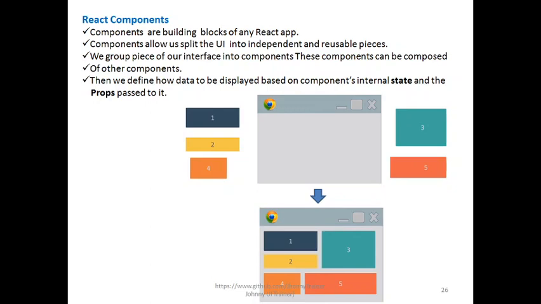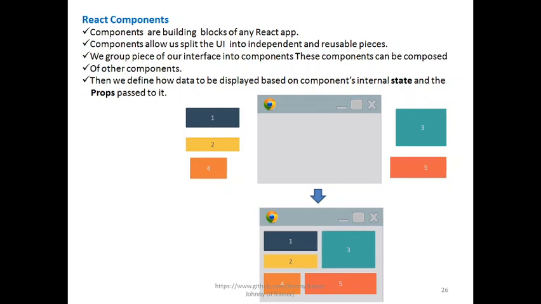For example, in order to define the template, we use HTML. In order to define interactiveness, we use JS. In order to define the styles, we use CSS. Any React application can be divided into multiple components. If you see in this pictorial part, we can see 1, 2, 3, 4, 5. So these are the components that are used to make the React application. We can reuse the same component again and again.